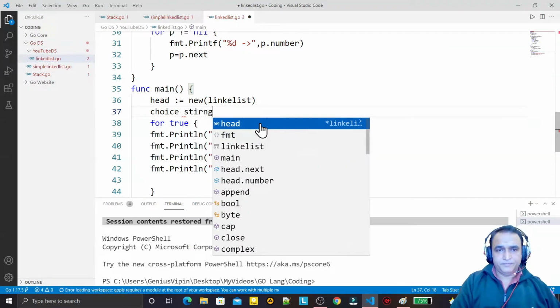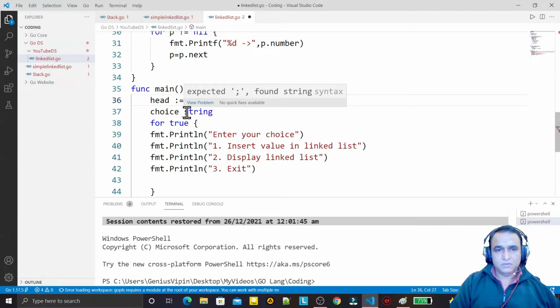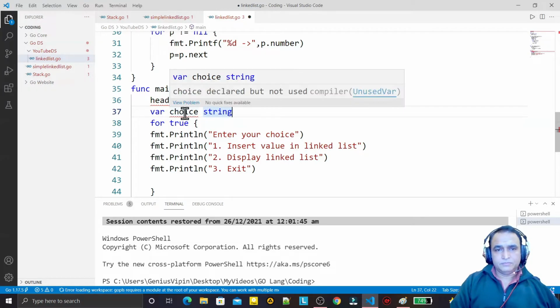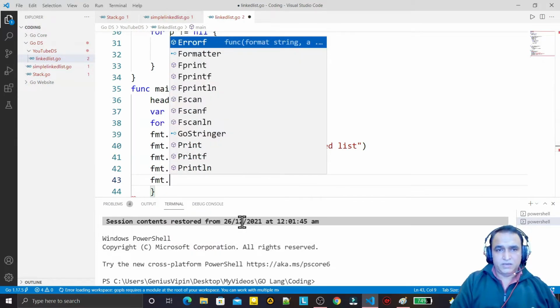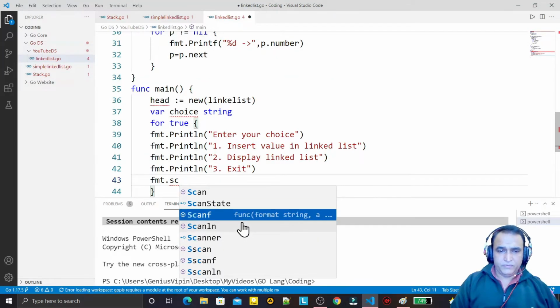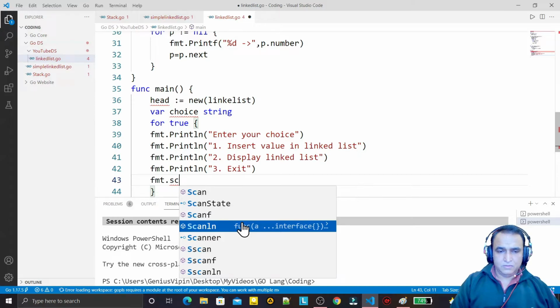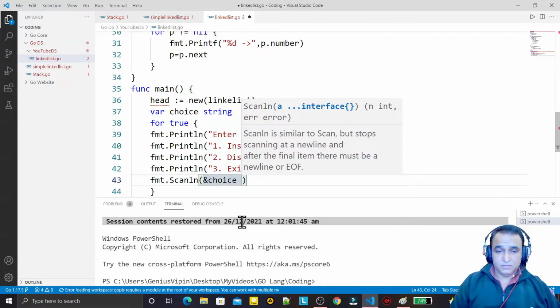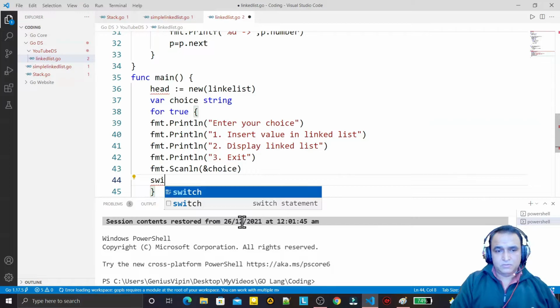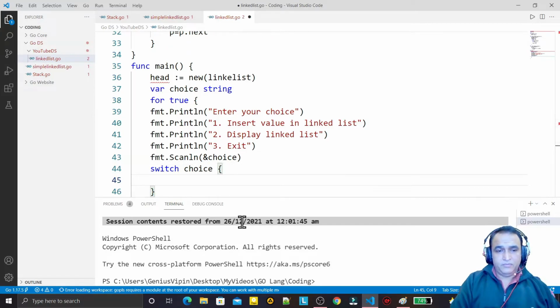I say string like this, string type, and here I say fmt.Scanf, and I say choice like this, and switch choice like this. If we have a case